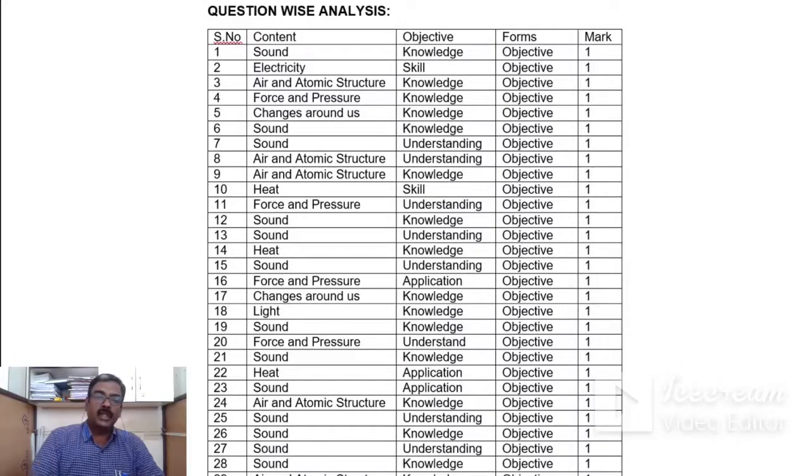So this table is mentioned here for question wise analysis. We can identify whether the question is taken in the knowledge level or understanding level or skill level or application level. So first in the content we must write the answer. After the answer we must mention which area we are choosing, whether knowledge or understanding or application or skill. Then the third column mentions objective type, whether short answer type or essay type. So that is a question based analysis. Through this analysis only we can identify how many marks in knowledge and how many marks in understanding and how many marks in application and also skill.